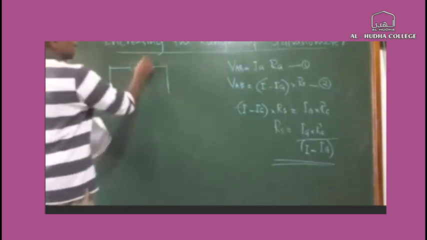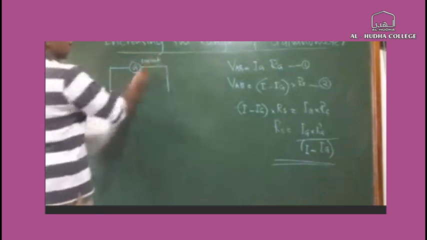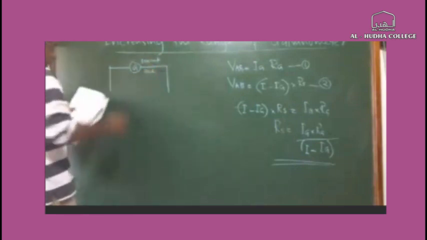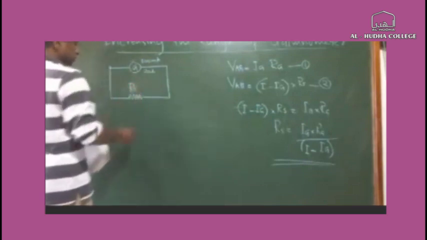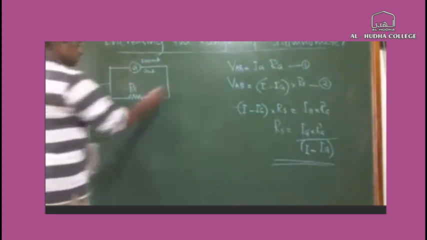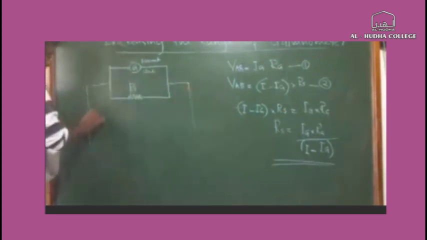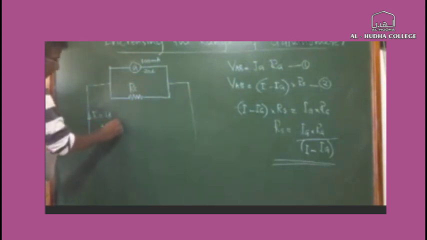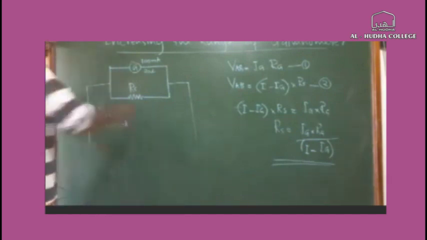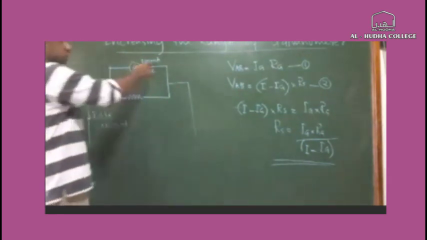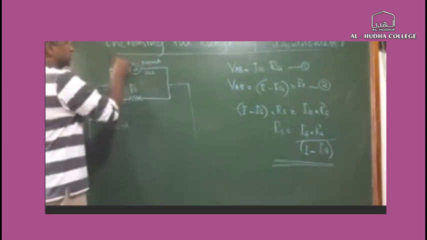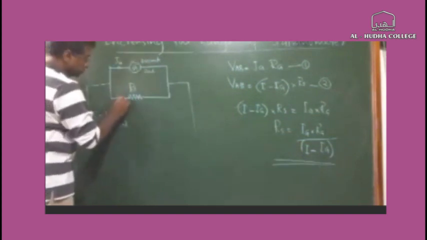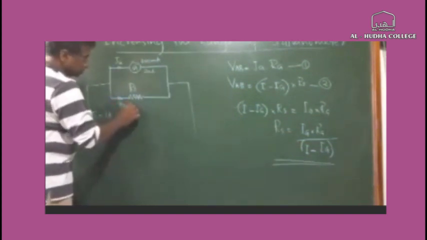Galvanometer: the full scale deflection is 100 milliamps and 20 ohm internal resistance. Now we are shunting it with a resistor Rs, so that the external circuit should have a full scale deflection of 1 amp, that is 1000 milliamps. So at full scale deflection, the maximum current that can flow through this path, Ig, is only 100 milliamps. So therefore, the current through this path should be 900 milliamps.